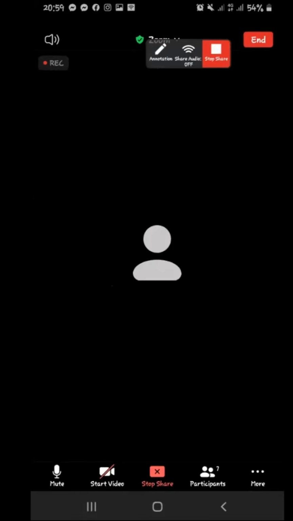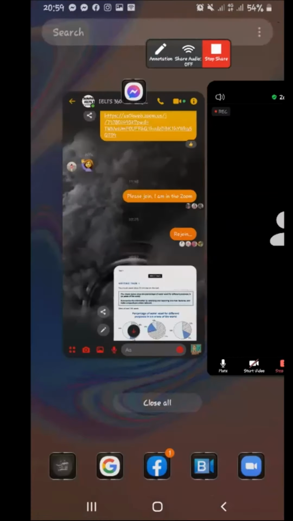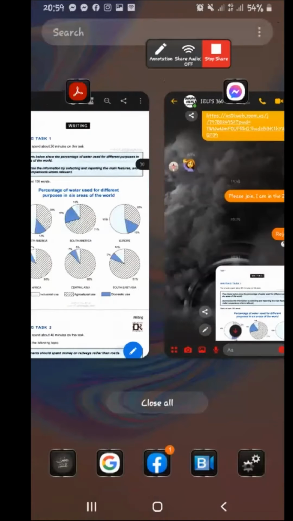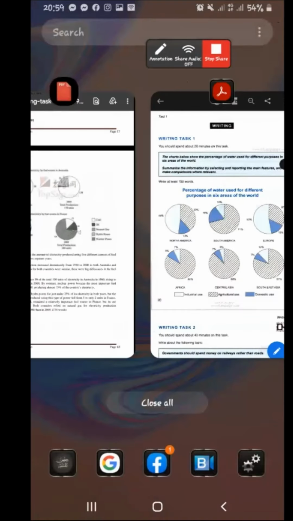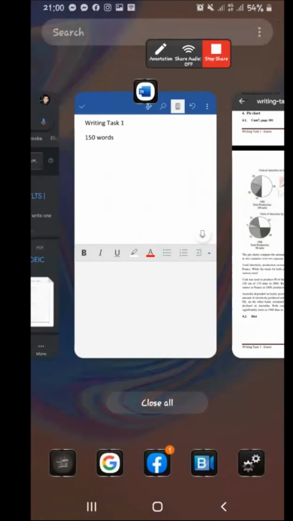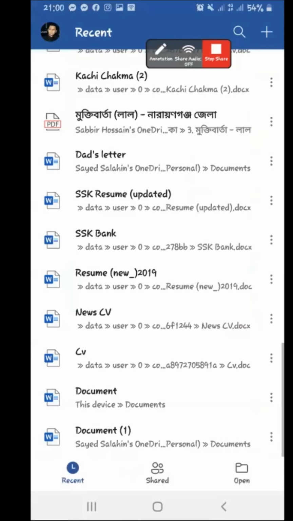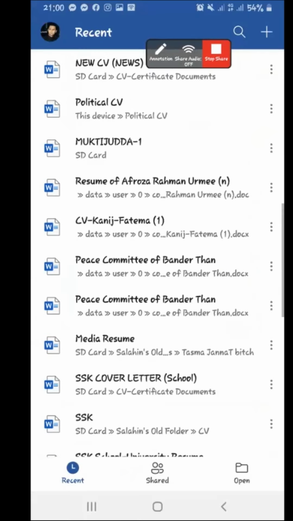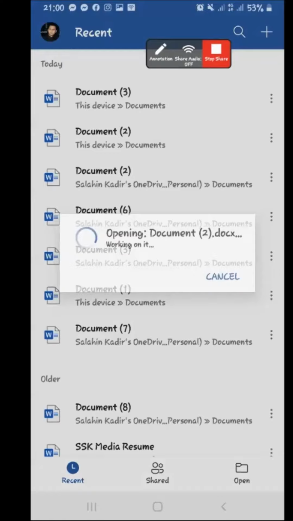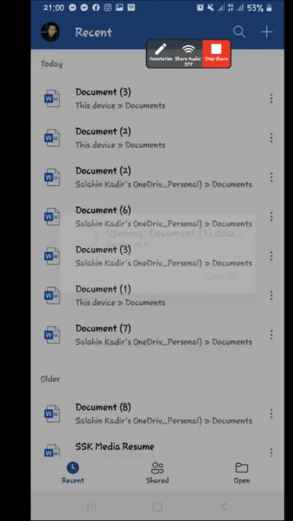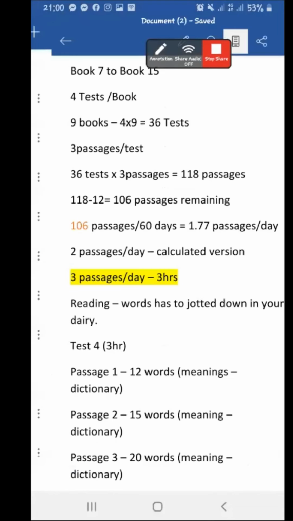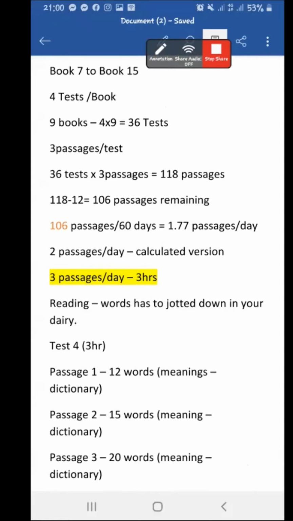First is reading comprehension. Now, I just want to make myself clear. I want to make sure that you practice your reading comprehension. The reading will continue. Let me give an example. For instance, here, give me a moment. So far I have discussed Book 7 to Book 15, all the reading comprehension exercises. You see, it consists of,